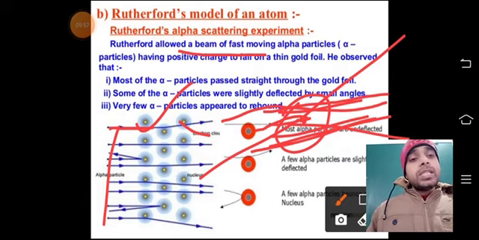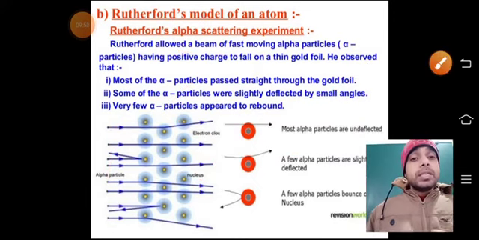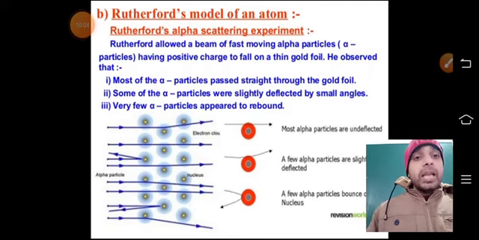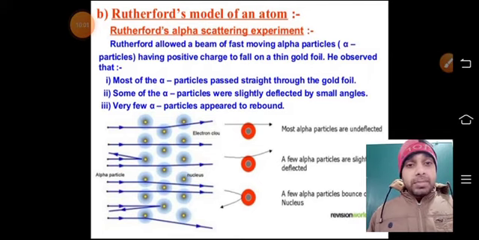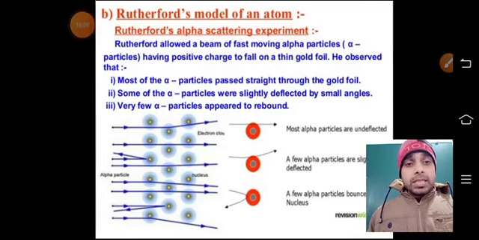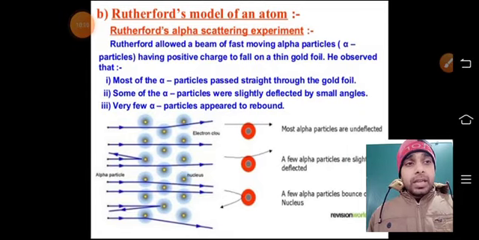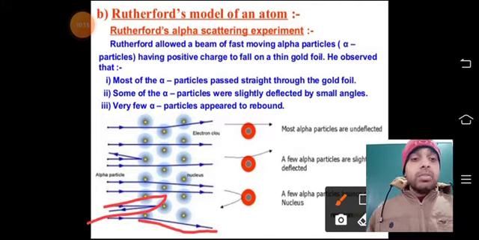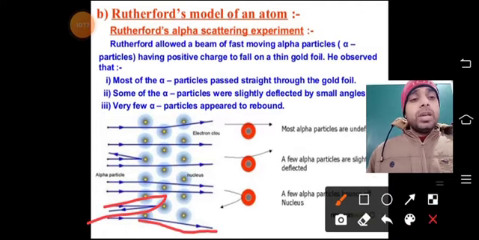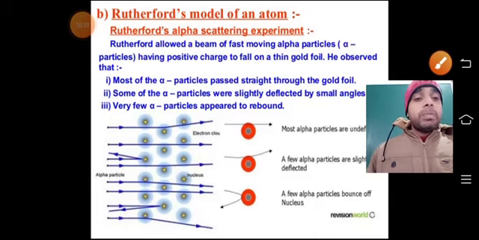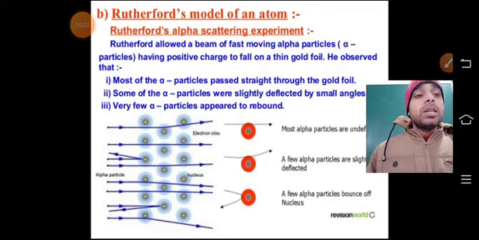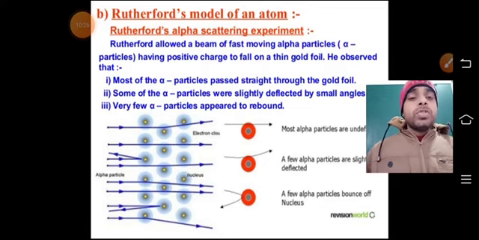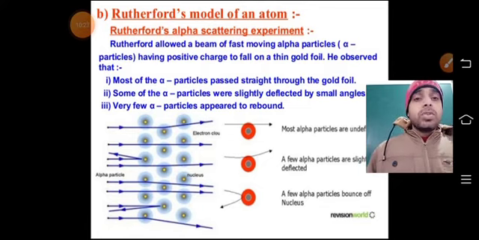Now this is actually showing that there are some of the heaviest particles, and in the alpha scattering experiment you have seen that it is deflecting with a strong angle here, but deflecting with a small angle there. So a few alpha particles bounced off the nucleus. This later on was called the discovery of the nucleus.